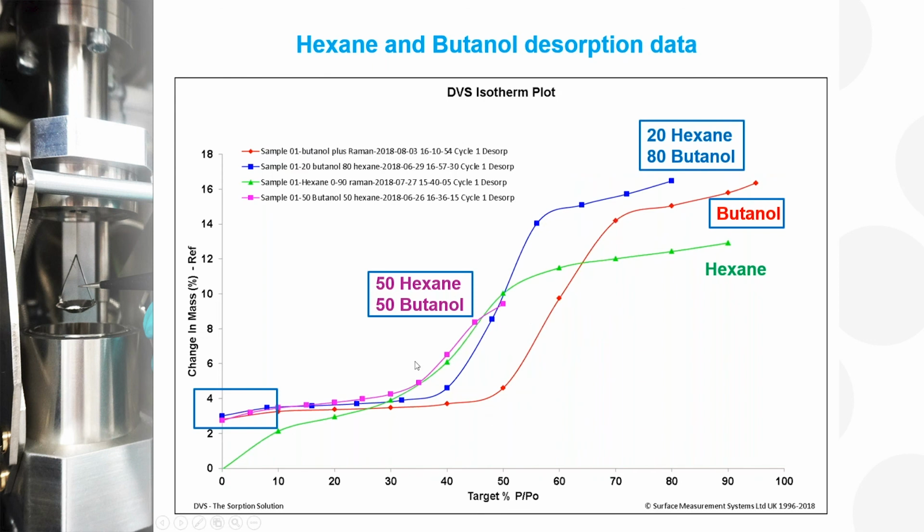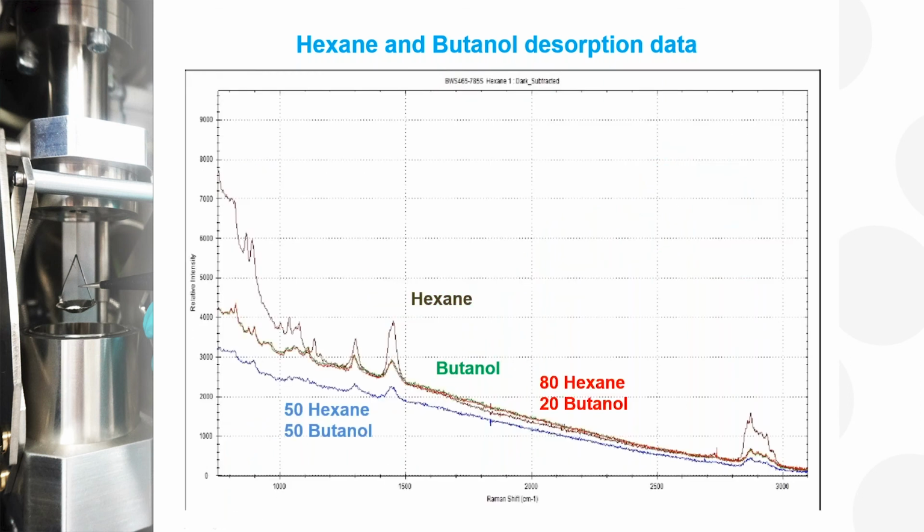In fact, if we look at the desorption data, Xn by itself is the only one that goes back to the initial mass. All the other samples, whenever there is butanol, butanol remains chemisorbed on the surface of the sample. And if we look at the Raman data, it actually confirmed the prediction of the DVS. Xn stays up here, butanol is in green, 20-80 butanol Xn basically overlaps perfectly with butanol, and 50-50 is